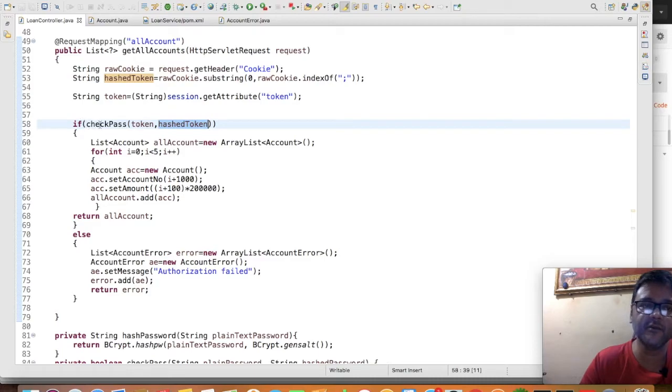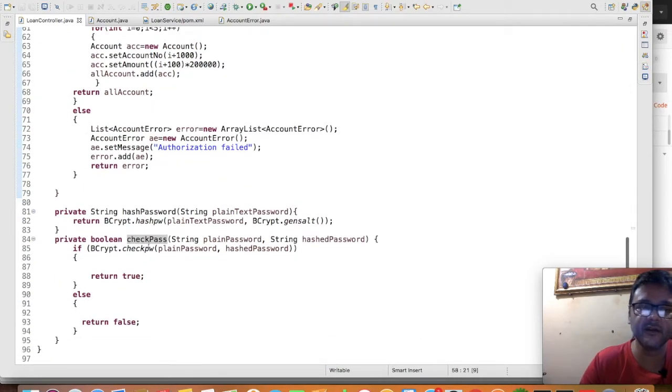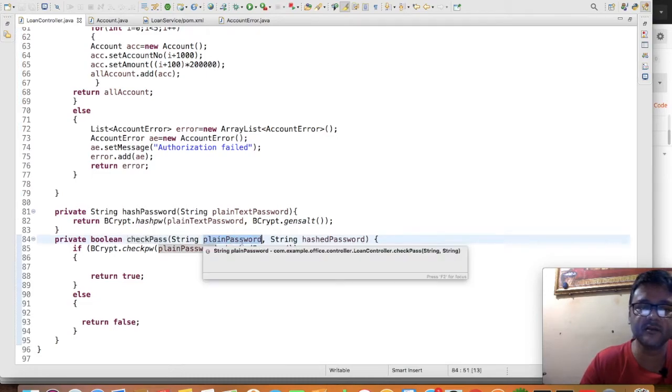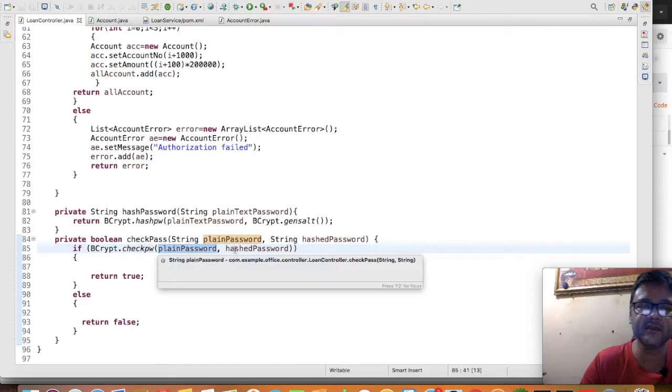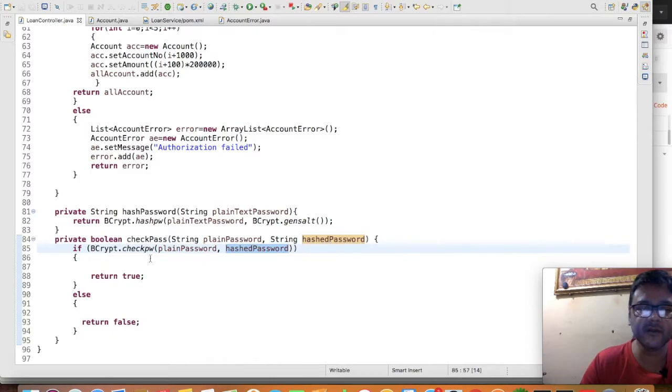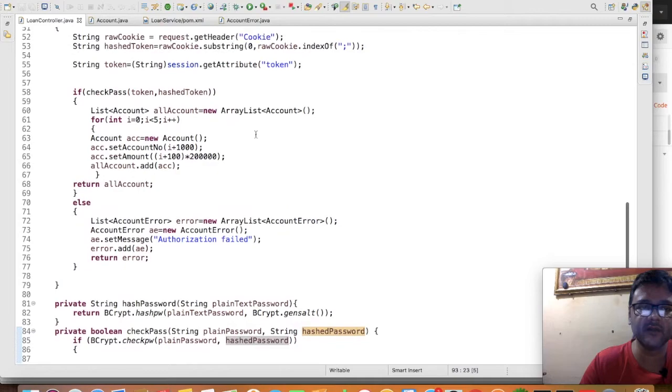The check pass method takes first the plain text, second the hashed password, and both are compared using check password. This is the bcrypt comparison. If the comparison succeeds, it returns true, else it returns false. That's all I have done in check pass.